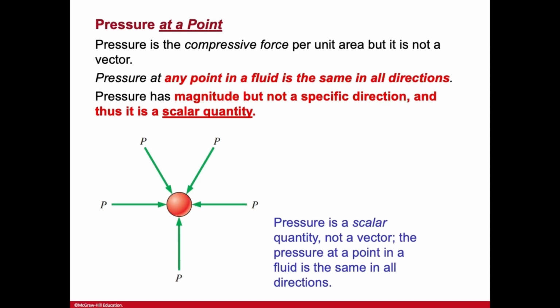Since we initially talked about pressure being related to normal stress, which is just force over area, right? Area is a scalar quantity, but force is a vector quantity. So most students end up thinking that pressure is also a vector quantity, right? But this is not the case. Pressure is actually a scalar quantity,